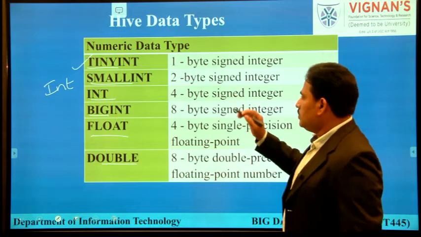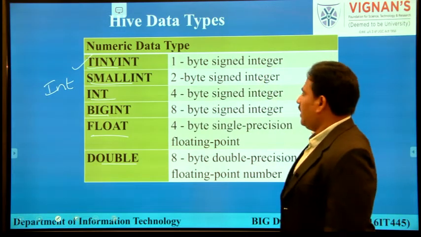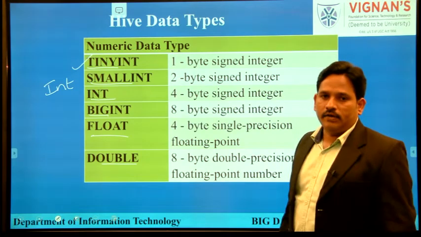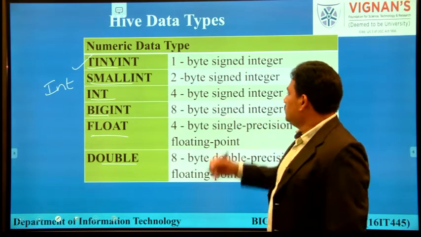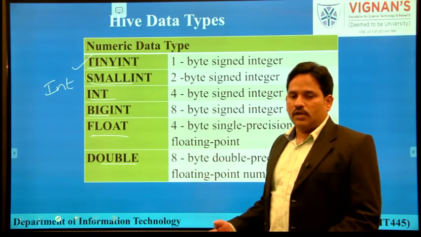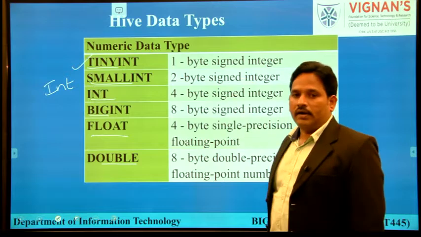Tiny int offers to store a 1 byte signed integer. That means it will store a maximum of 1 byte of information, which is a signed integer. Out of 8 bits, 1 bit is left for the sign, and the remaining 7 bits are used to store content.